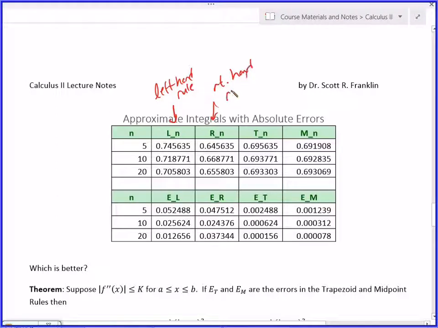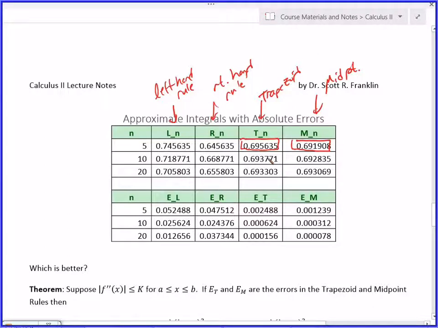Right-hand rule. This was trapezoid. And this was midpoint. And so the values that we got were right here. No, right here. You recognize those? So if I did the left-hand rule and right-hand rule, I got something far worse. And we're trying to get close to